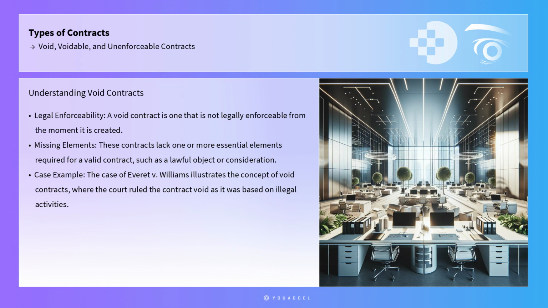A void contract is one that is not legally enforceable from the moment it is created. These contracts lack one or more essential elements required for a valid contract, such as a lawful object or consideration. For instance, a contract for an illegal activity, like drug trafficking, is void ab initio. Professionals should use a framework to assess contracts for validity by verifying the presence of mutual consent, consideration, capacity, and legality. This framework can be implemented through a checklist approach, ensuring each element is present before entering into or enforcing